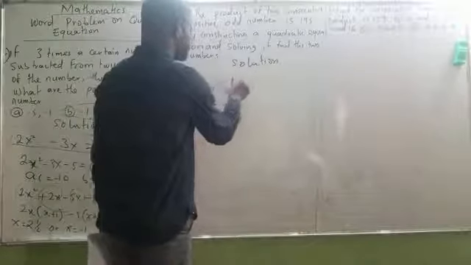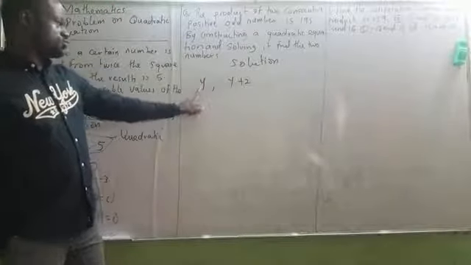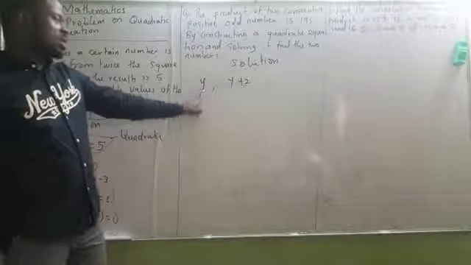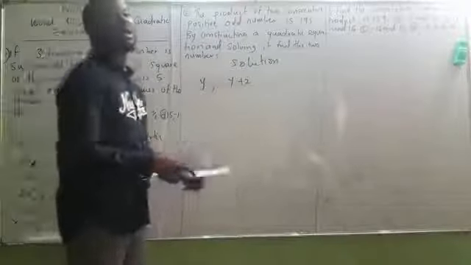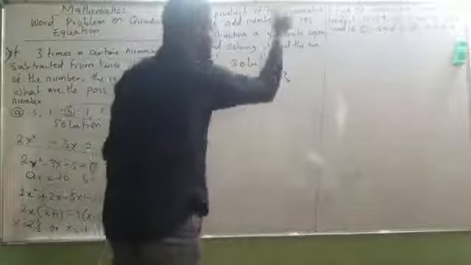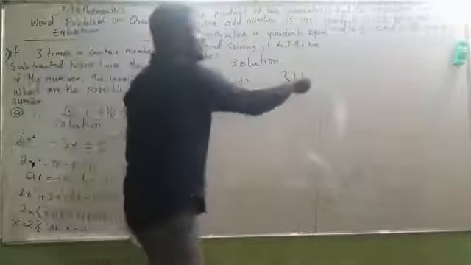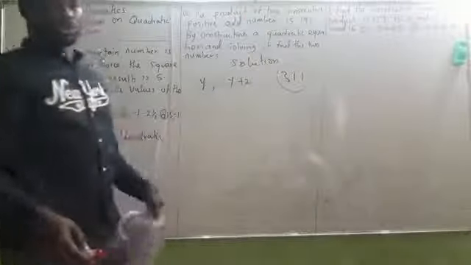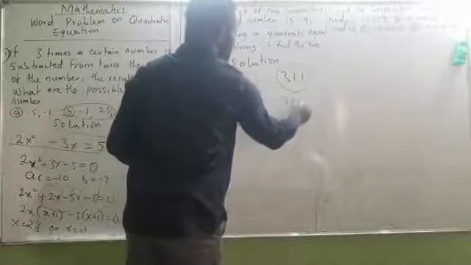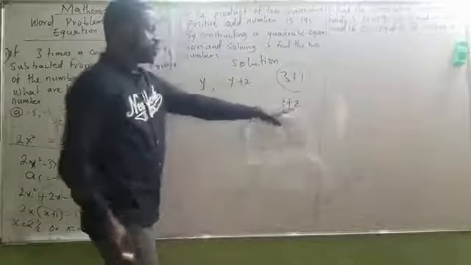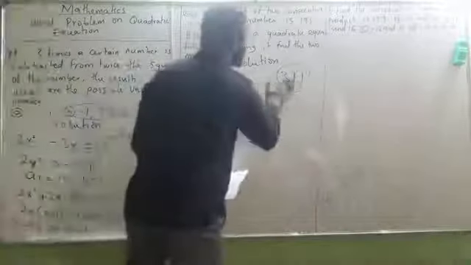y, y plus 2. For instance, if this number is odd, plus 2, I will have another odd. But odd plus 1, for instance, let me pick a number that is odd. Let me pick 3. 3 plus 1 will be 4, which is not odd. For me to get odd, let me add 3 plus 2 rather. I will have 5. You know 3 is odd, 5 is odd. That is what I mean by consecutive numbers. Please take note of that English very well.